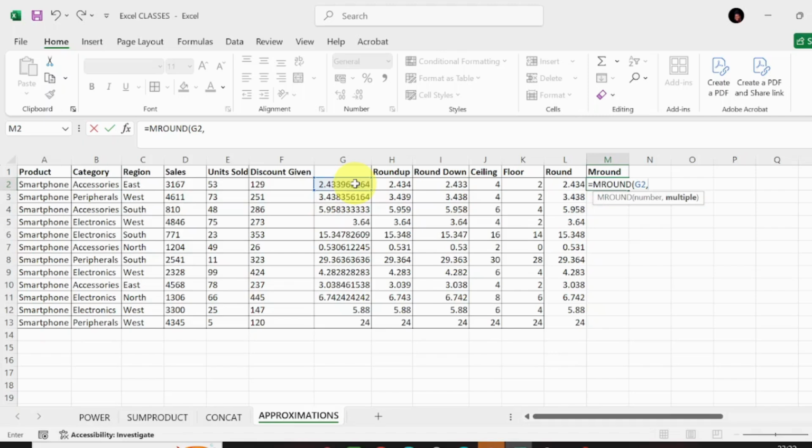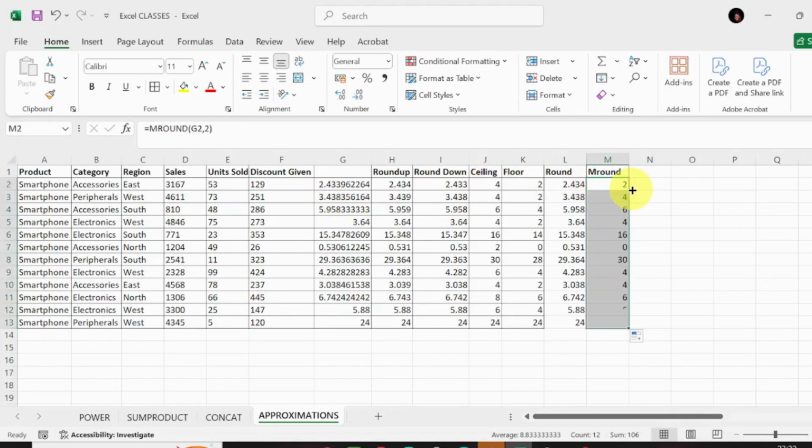Now that we've gotten it in multiple of 2, by the time we double click on that value, it gives us a breakdown of everything down the line. You can see that the closest multiple of 2 to 2.4 is 2. The drop down is showing that the closest multiple of 2 to 3.4 is actually 4,